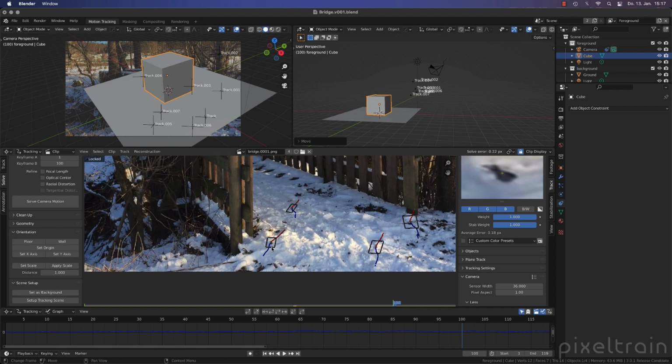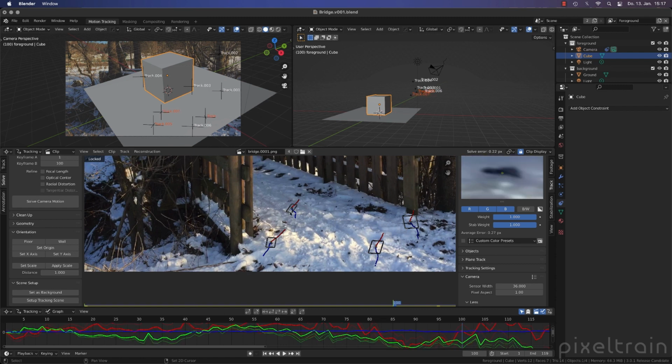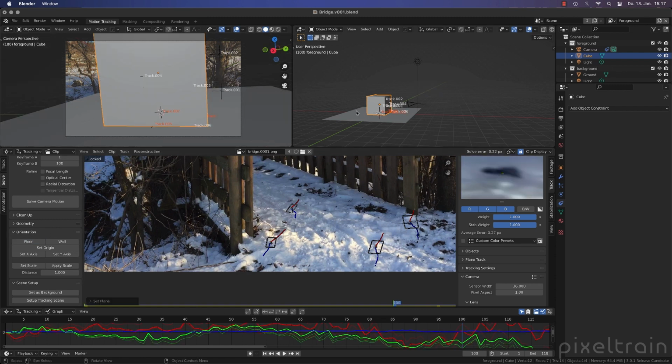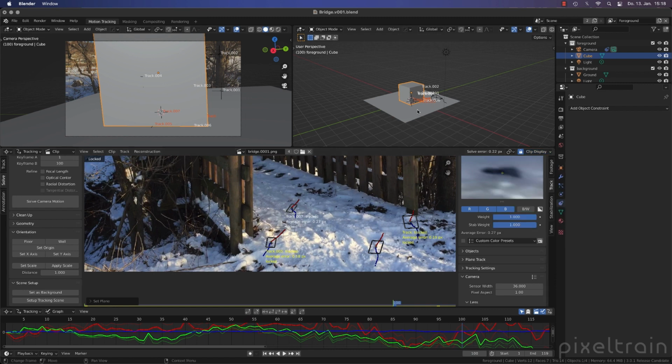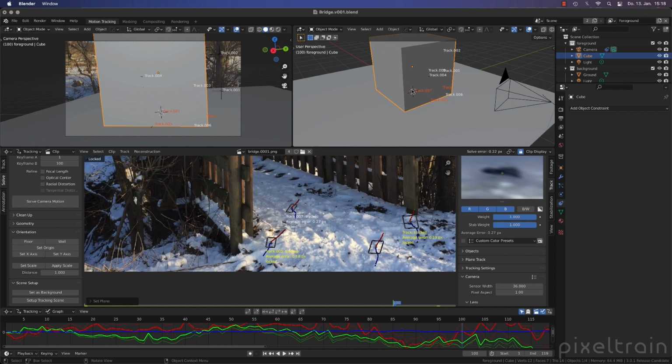And now comes an interesting part. The last point you select, you need 3 points for setting a floor, will be the origin. So let's say this here should be the origin. I select this point, shift click this point, shift click this point, click here to set floor, and now you see that this tracker is now sitting. Let's go to info so that you can see tracker number 7 is now in the center as the origin. So that's the first step we do.